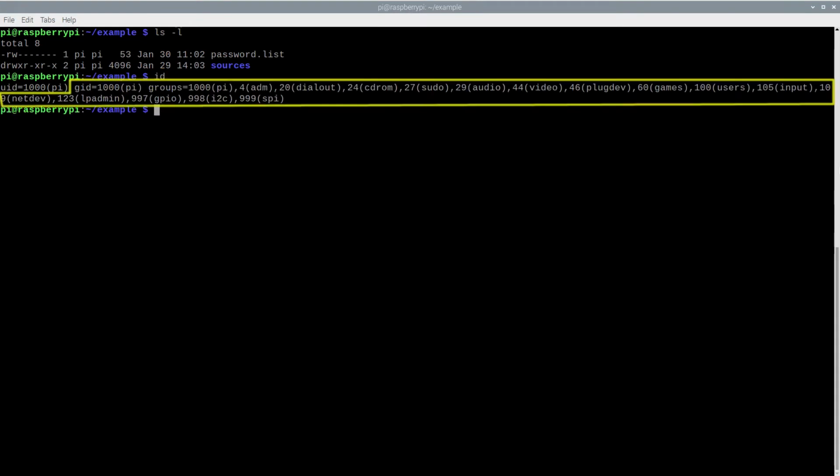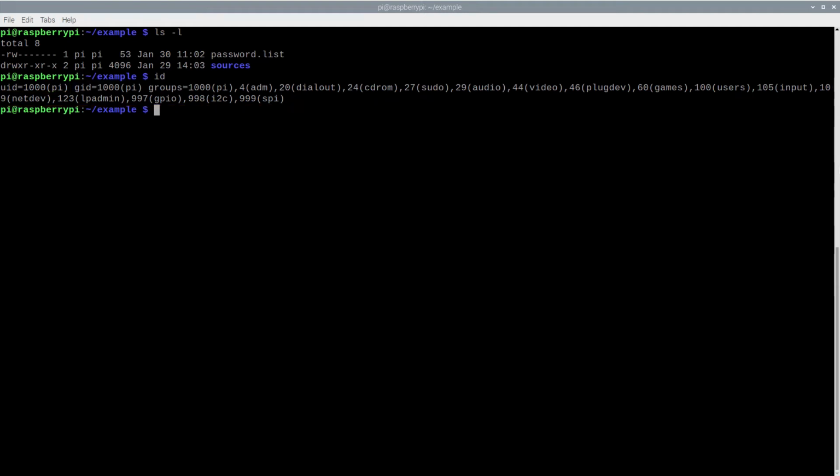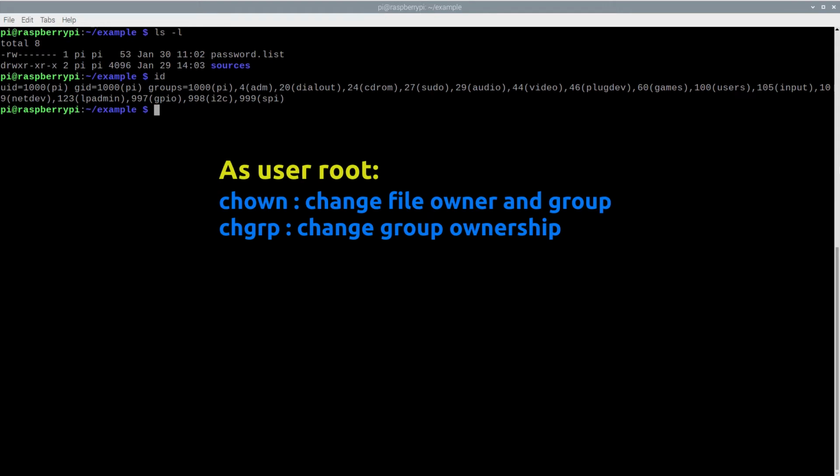User pi happens to belong to several user groups, but pi group is set as default for that user, so any files user pi creates will be associated with pi group. File ownership and group association typically is not changed. The system administrator has the option to change these parameters using restricted commands, but regular users normally cannot do it. Permissions, on the other hand, can be changed by the users for all files and directories they own.